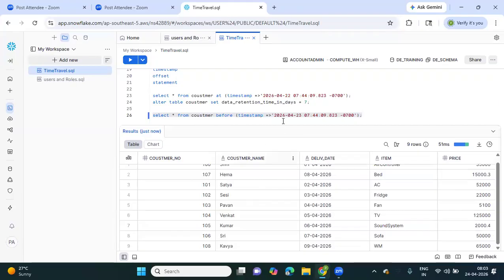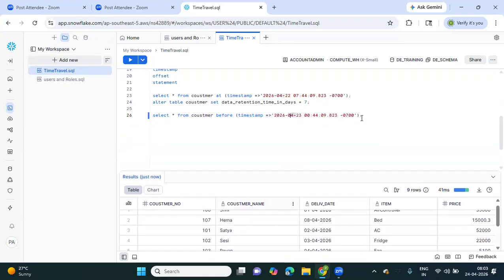Okay, before this timestamp also it was having 9 rows. Let's make this timestamp 0. Okay, we don't know exactly at which point the table was created, but we cannot go back until 2 days